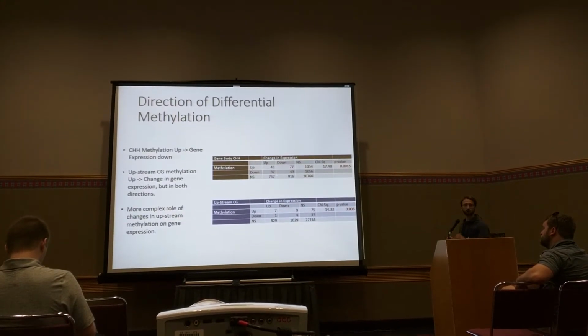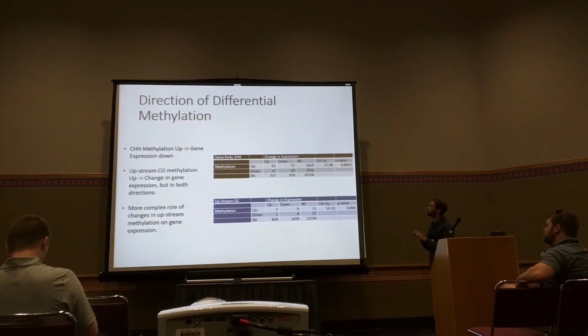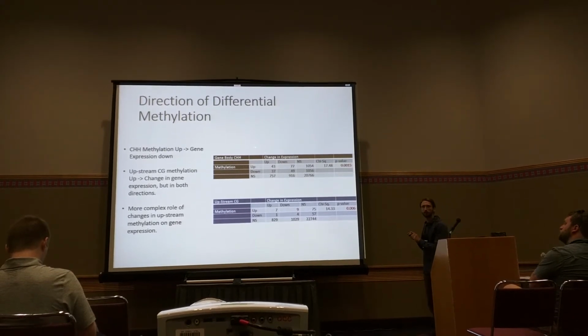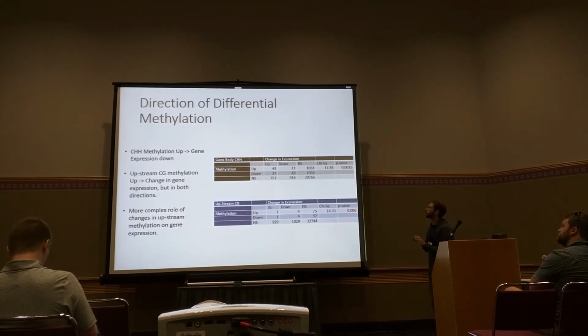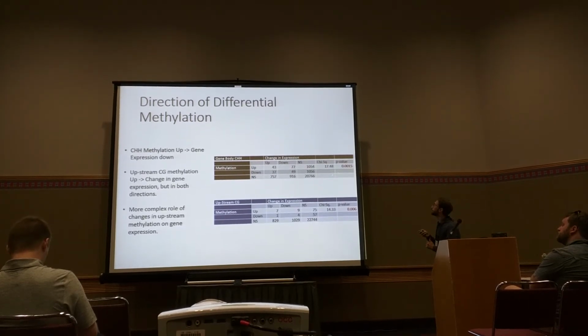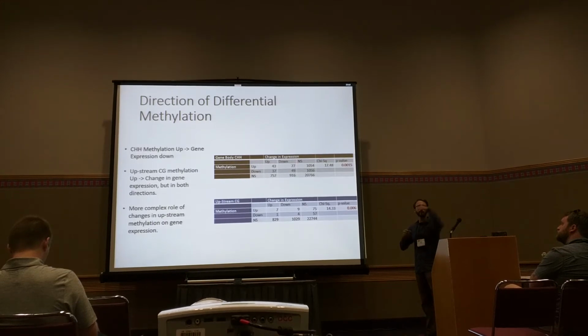As a whole, you do see that there are trends in the direction of differential methylation and the direction of expression, which is pretty cool. And at least for CHH methylation, it goes the way you predict, where we have a lot of genes where there's an increase in methylation and a decrease in expression. It is kind of noisy as a whole, but when you do this contingency table analysis, you find there is a very significant effect where there are more genes than you'd expect that have an increase in